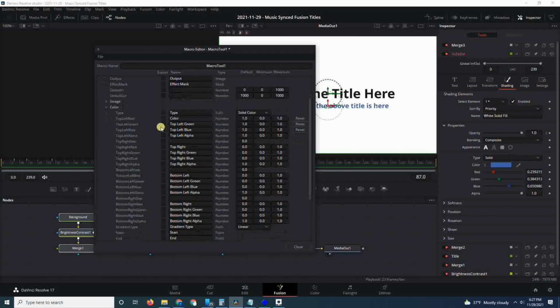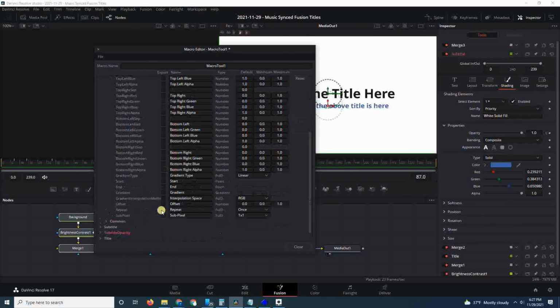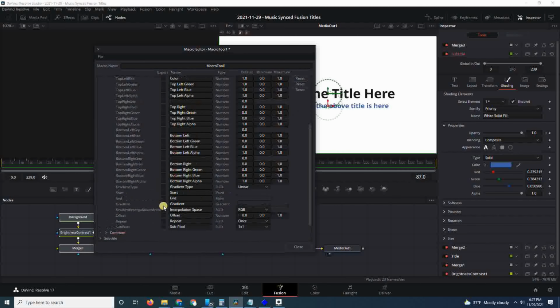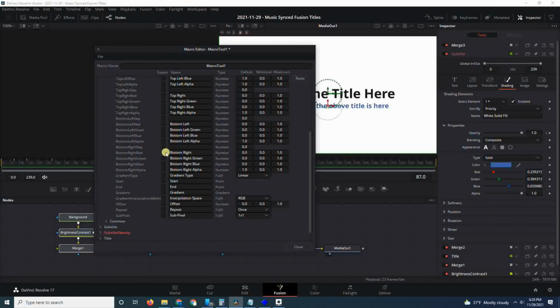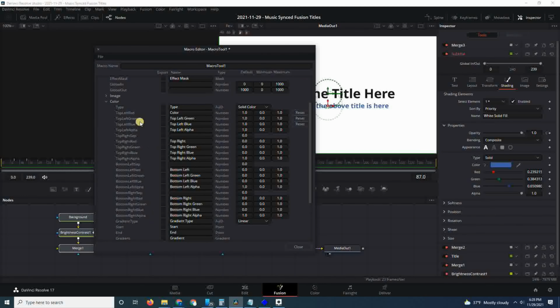And if anyone from Blackmagic is watching this, you really need to add a checkbox for each of these nodes in the tree, all these branches, so that I could click on color and select everything in color. And even if I don't want everything in color, usually I'll want most of them, and that way I could just select this and then uncheck the ones I don't want. Because right now this is a little annoying, so we have to click on type and all the different top right, bottom left,